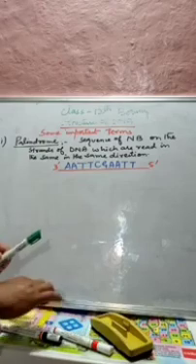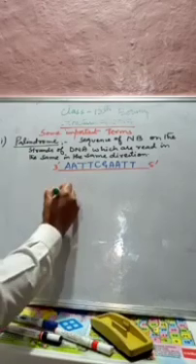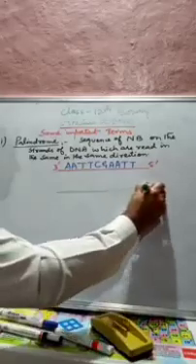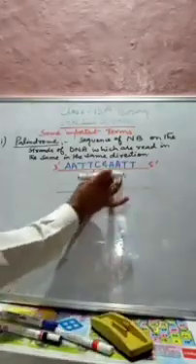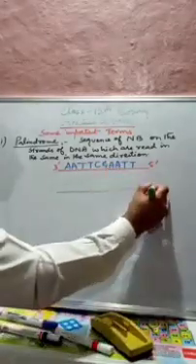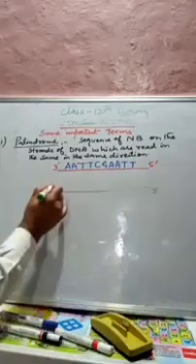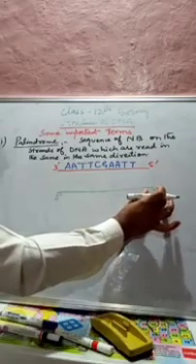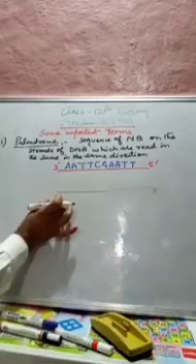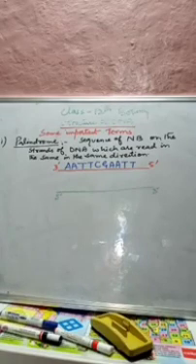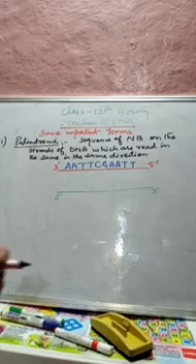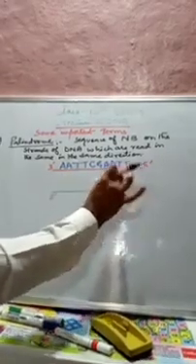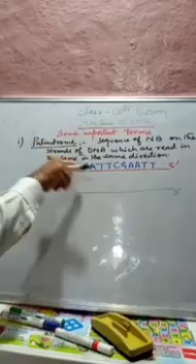Now, let us take the second strand. These two strands are anti-parallel to each other. That means here the end will be 3 prime and here it will be 5 prime. This is the third carbon of the hexose sugar, and this is the 5th carbon. Now, according to this palindrome, what will be the nitrogen sequence on the second strand?